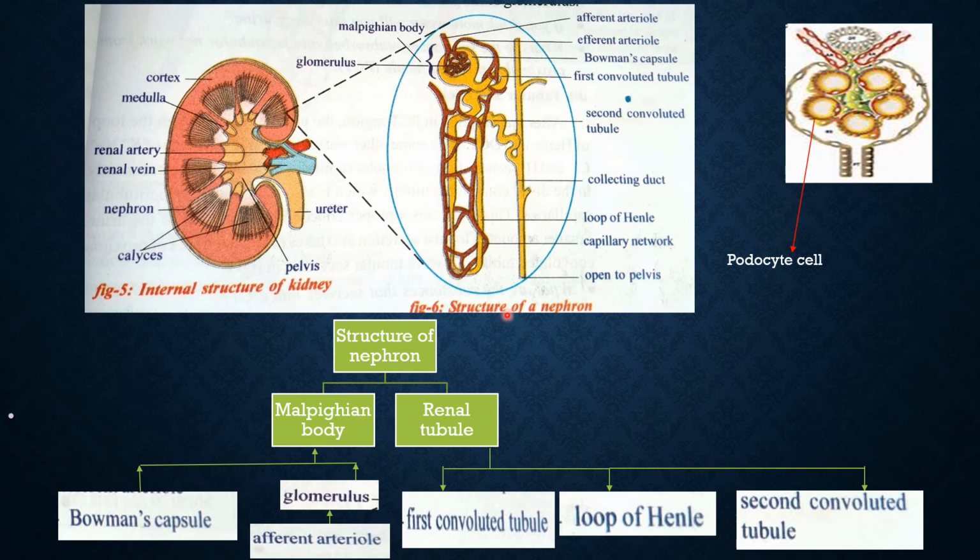Distal convoluted tubules open into a collecting tube. Collecting tube forms pyramids and calyces which open into the pelvis. Pelvis leads into the ureter. All the parts of the renal tubules are covered by a network of peritubular capillaries formed from the efferent arteriole. The peritubular capillaries join to form the renal venule, which joins other venules to finally form the renal vein.